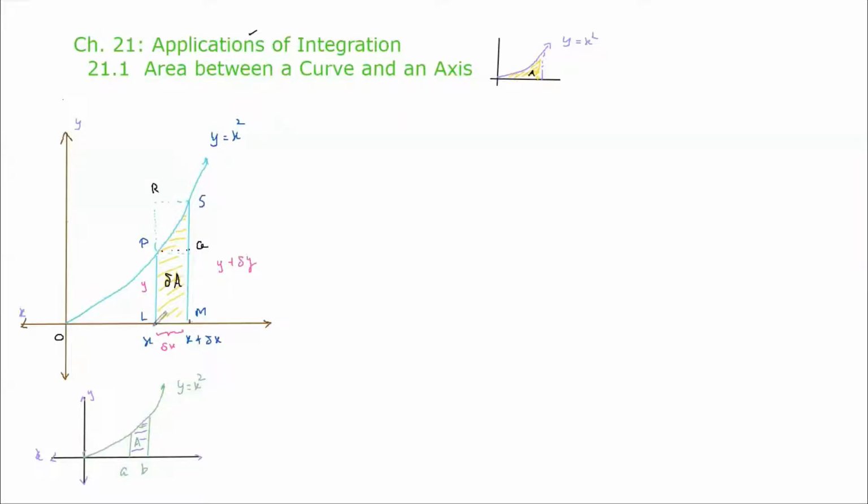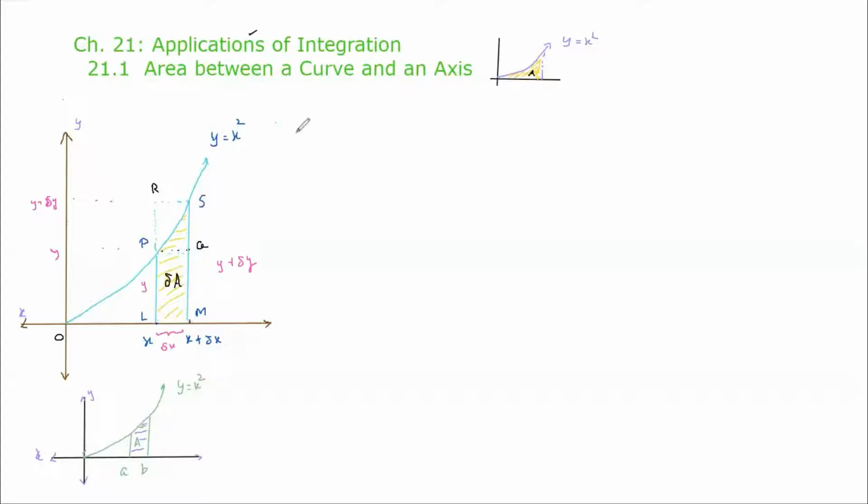Remember the definition of limit: when x moves a little bit more, by delta x, from x here, you have y, like this one, this is y. But when x moves by delta x to this point, then y changes at the same time. This one is going to be y plus delta y here. Okay, this is the definition of limit. Does anyone still remember or not? After this, we try to form this one, see,